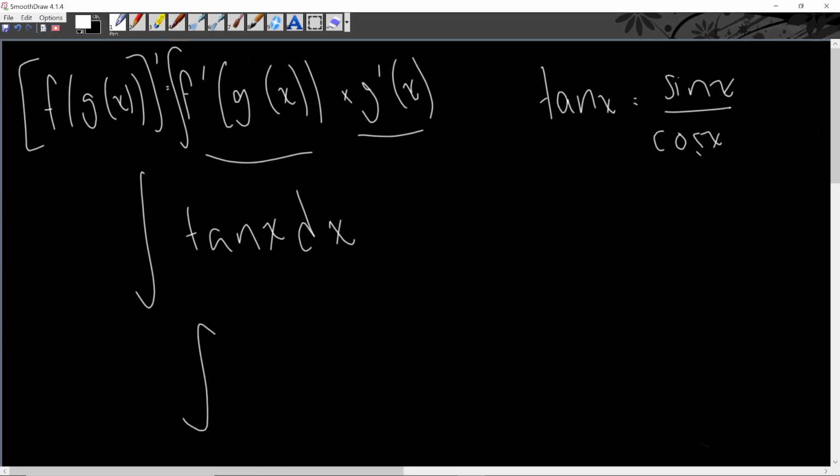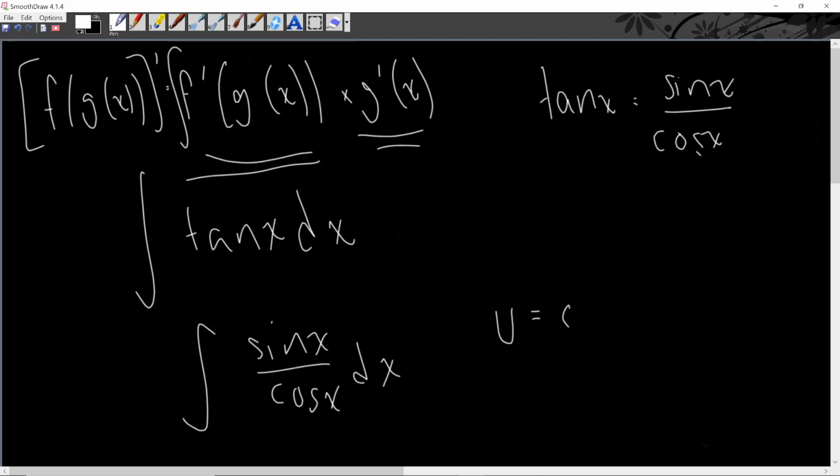Sine x over cosine x. And now we have to split this function into a derivative of an outside function and the derivative of an inside function. So we pick a function, u, where u is just a placeholder for an existing function. So let's say that u is going to be cosine x,